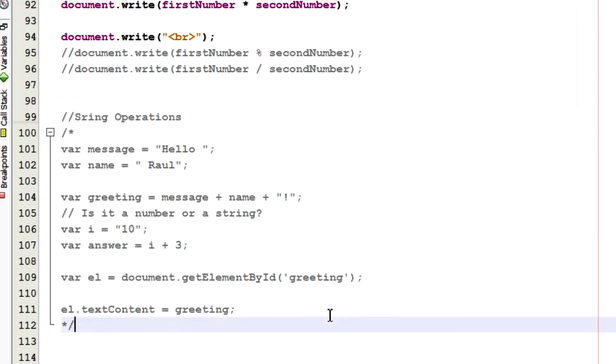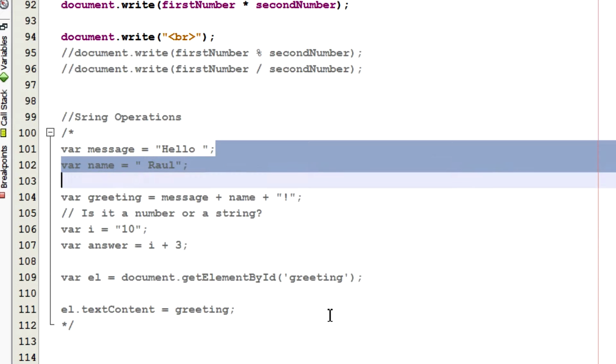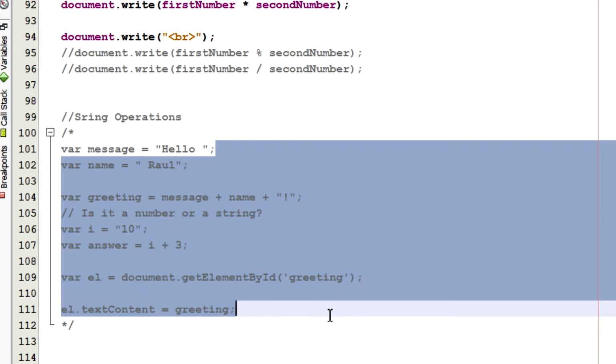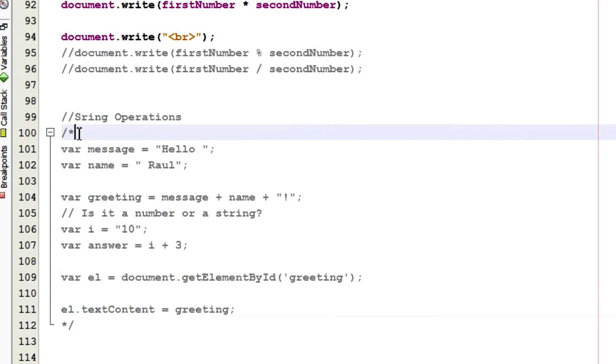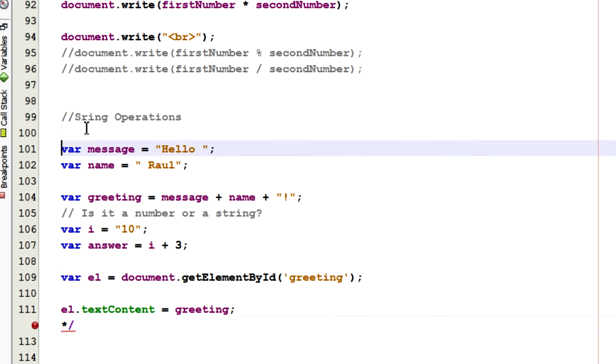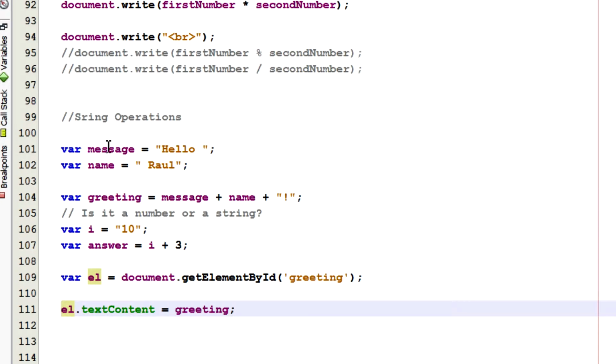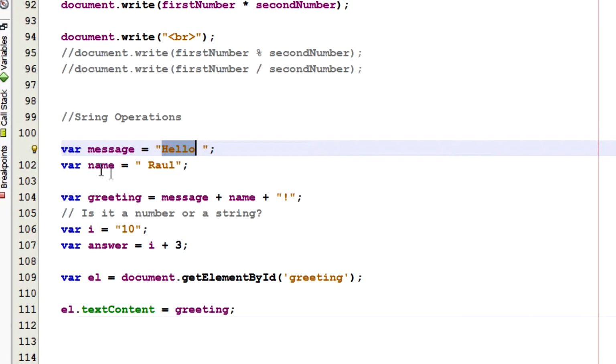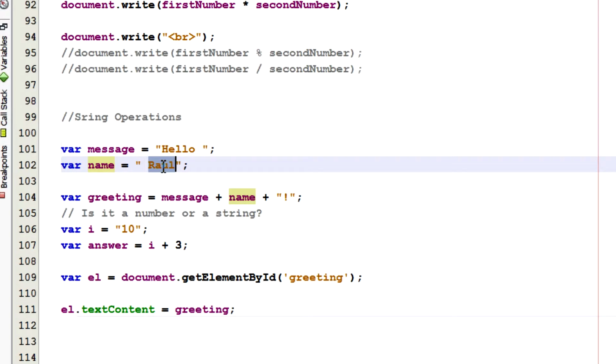Let's see. And so there's some string operations. So here I used a multi-line comment, so I'll get rid of that there. And that there. So let's go over this. So we're going to create a variable called message, which says hello, a variable name that says Raul. I put a little space here. Now we're going to do a greeting. So create a new variable called greeting, which is message plus name plus